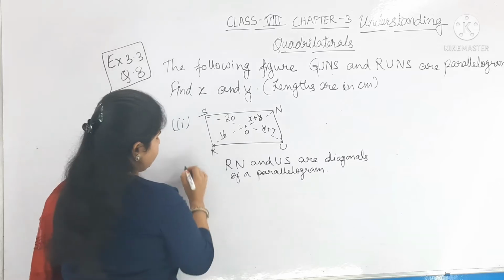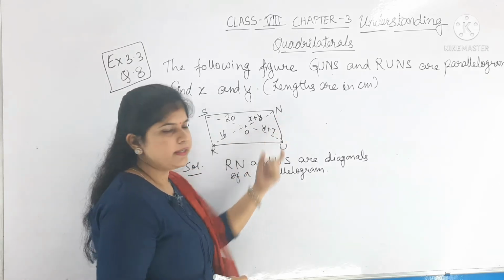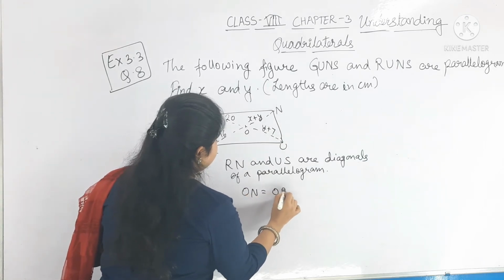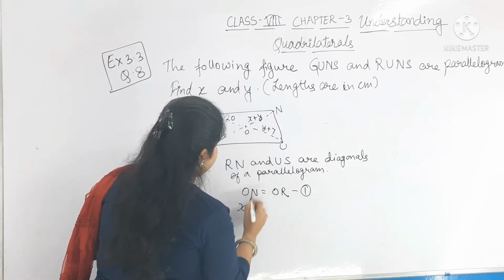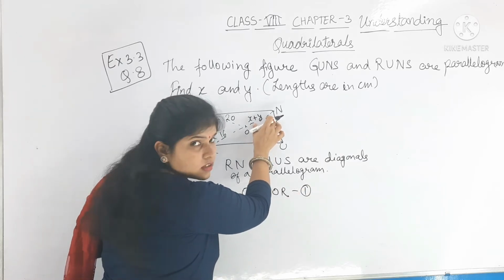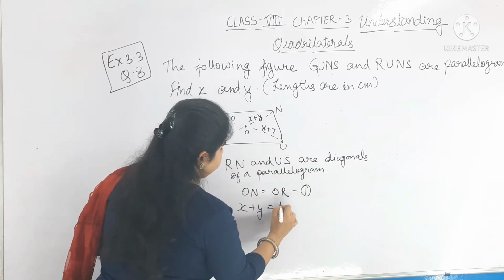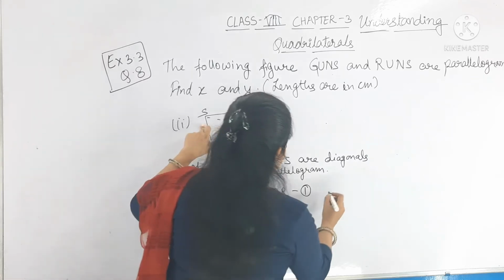So I can write like this: OR is equal to ON, ON is equal to OR. This is the first equation. So what is here? It is given x plus y for this ON, and OR is 16. So this is the first equation, and the second equation is